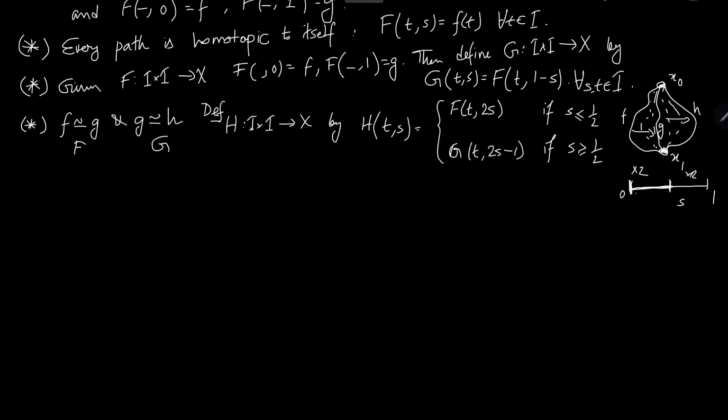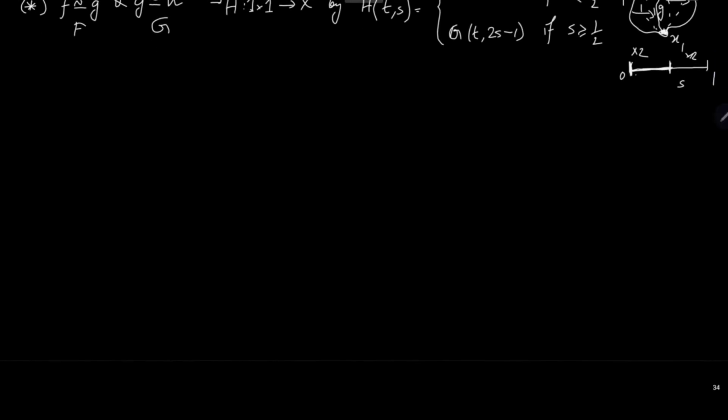That is it. Show that this path homotopy is also an equivalence relation. So what we now observe, make an observation, is that given any two points x0 and x1 in X,